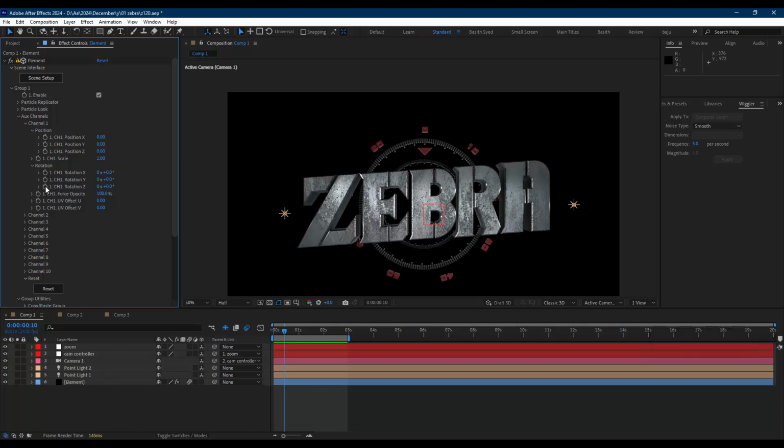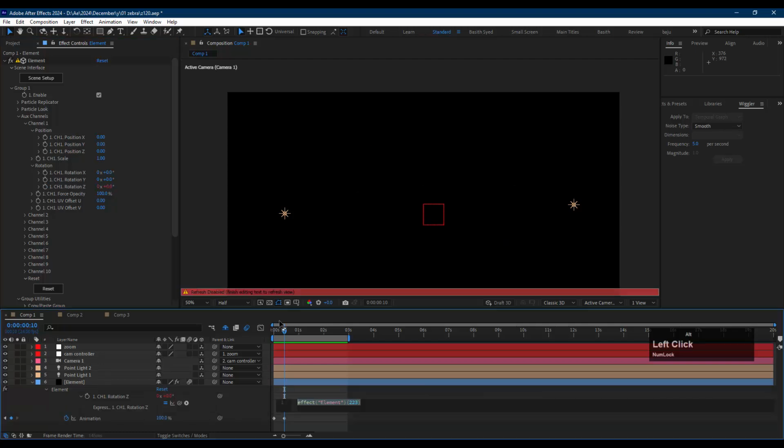hold Alt and then click this stopwatch. You can start writing your expression. I'm going to type time star 25, and then select everything, press Ctrl C to copy it,